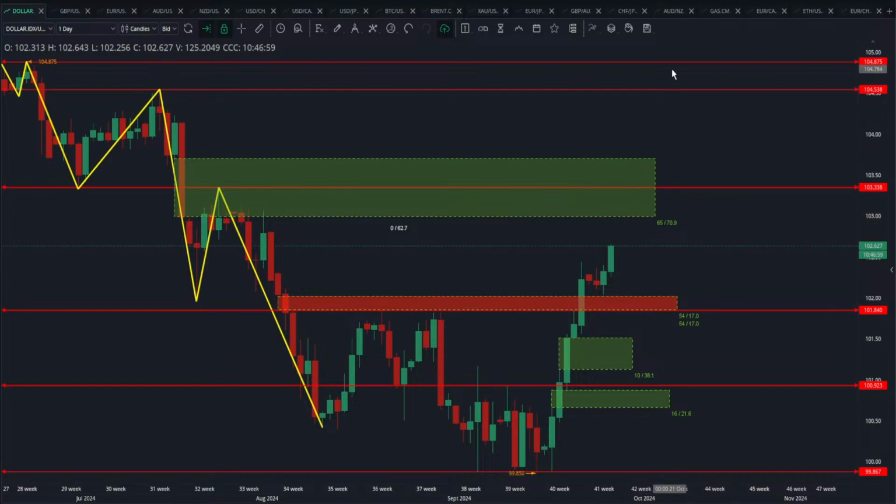Why can it not go beyond that? Because we have a big fair value gap, and there has been a consequent rejection from here, from the midpoint of that. So it is important, the price can go here and come back. This is our expectation. On the way up now, there is, I will say, no resistance whatsoever, at least on the daily chart. It will keep going up at least till the low of this fair value gap, that is 102.98. So what we are expecting is the US dollar to go up.